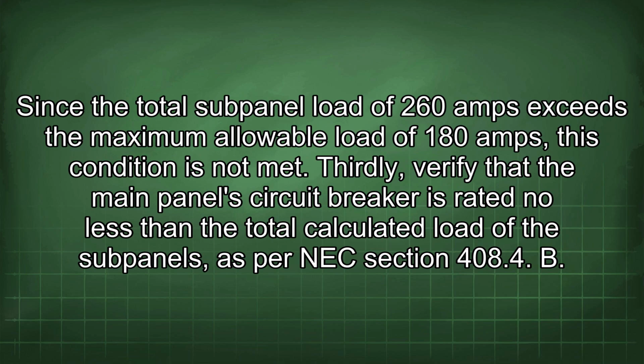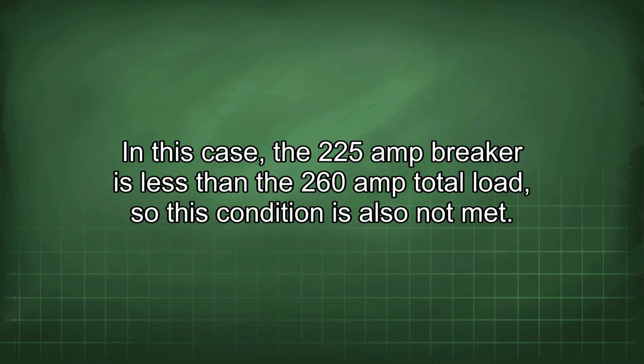Since the total subpanel load of 260 amps exceeds the maximum allowable load of 180 amps, this condition is not met. Thirdly, verify that the main panel circuit breaker is rated no less than the total calculated load of the subpanels as per NEC section 408.4 B. In this case, the 225 amp breaker is less than the 260 amp total load, so this condition is also